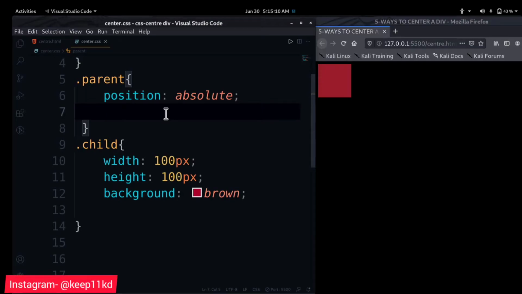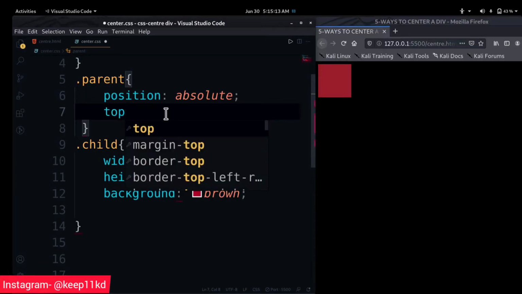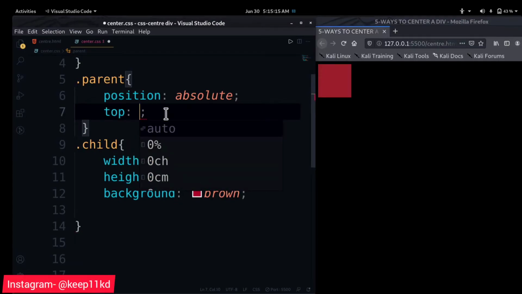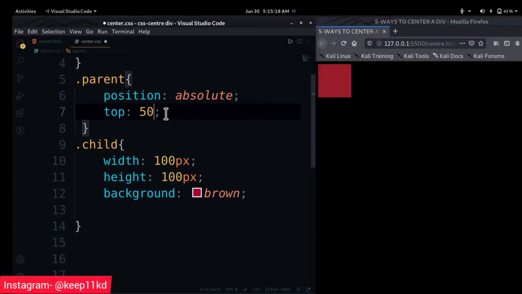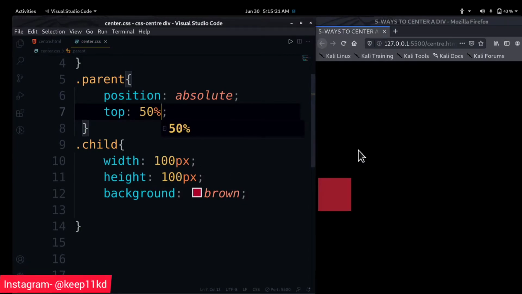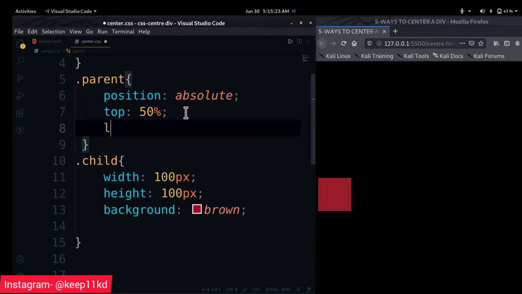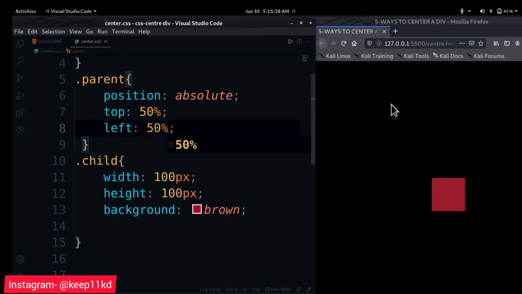Let's set position absolute, and from top 50%. Save it. Here you can see 50% from the top, and now from left 50%. You can see it is at the center, but it is not complete. It is incomplete because of responsiveness.